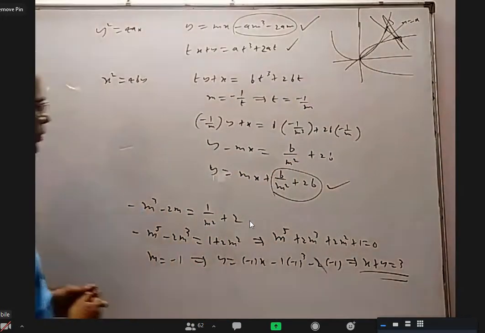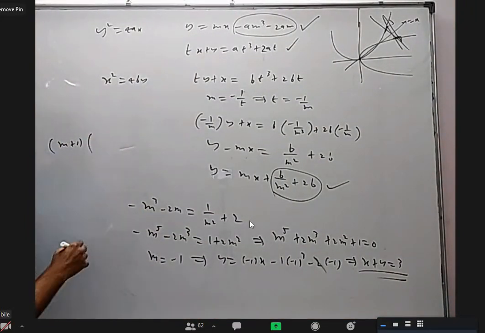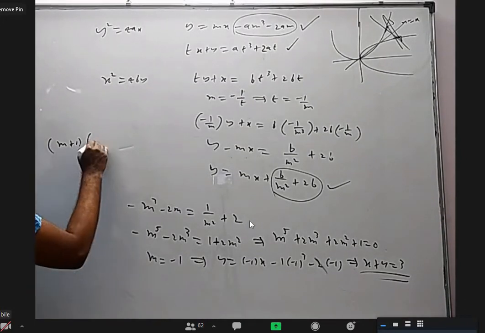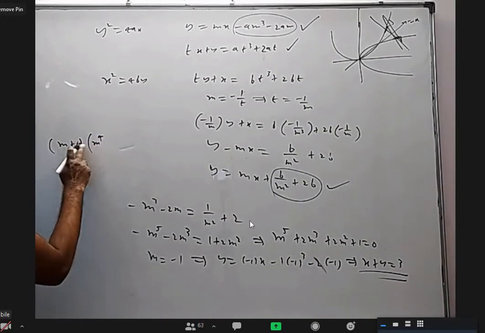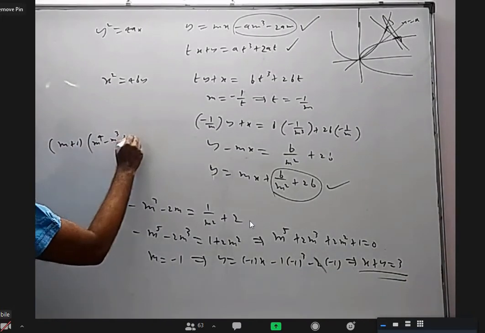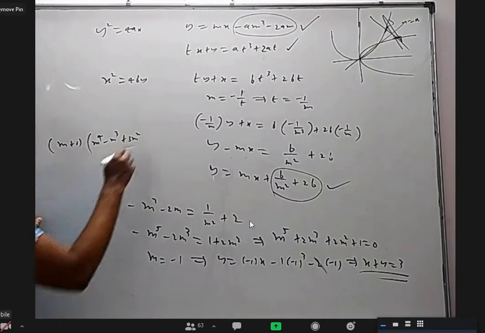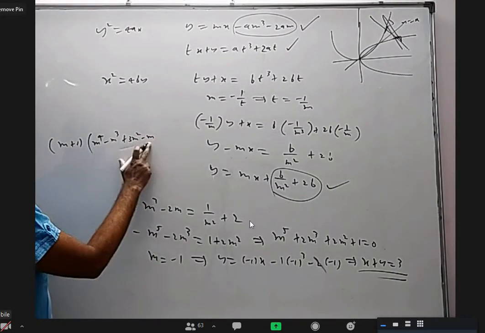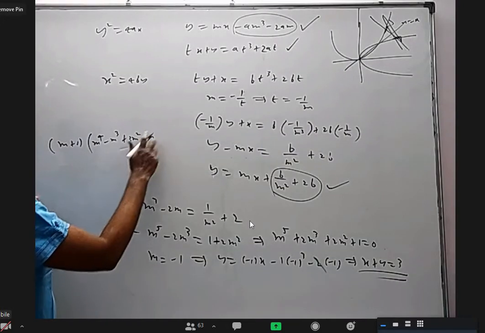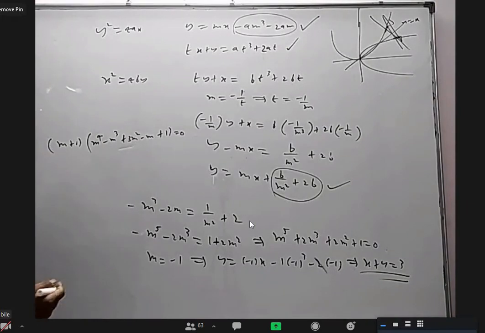I'm not sure. Let me see this fifth degree equation. If I take m plus 1 as a factor, what is the other factor? m power 4, m power 5. I want m power 4, but there is no m power 4, so minus m cube. This is minus m cube, so I need plus 3m square to get 2m cube. This is 3m square, I need 2m square, so minus m. Minus m, I don't want m, so plus 1. Plus m cancel. Okay. I don't know about this fourth degree equation, what will happen.